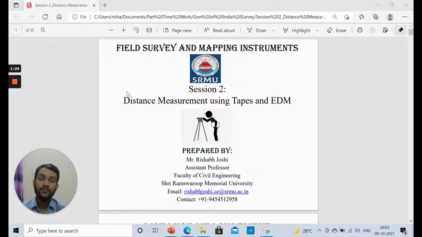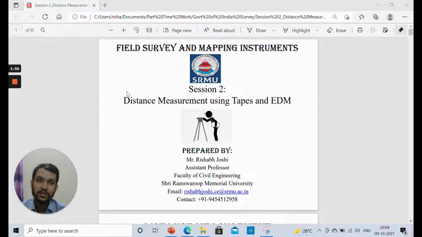But if we need very high accuracy, and if the distances are to be measured on a large scale with very good accuracy, then electronic distance measurement devices are used. And the best part of that is that it directly gives us the horizontal distance between those 2 points, the first station point where we are situated and the final station point between which we need the distance. Whether it is a sloping ground or anything, it can directly give us the horizontal distance between those 2 points, and it is displayed on the electronic machine.